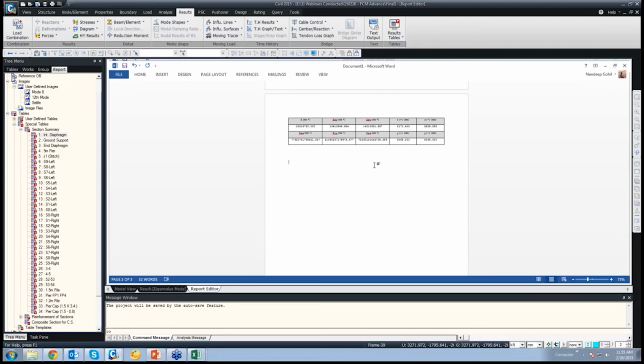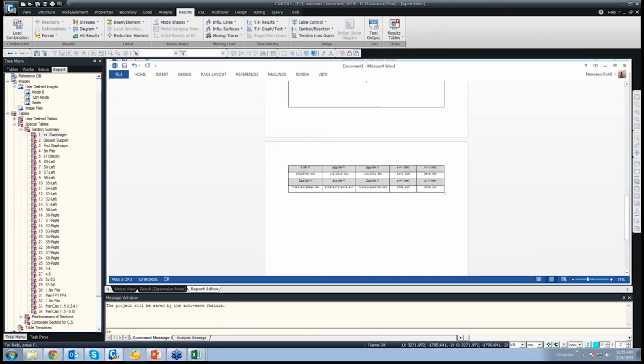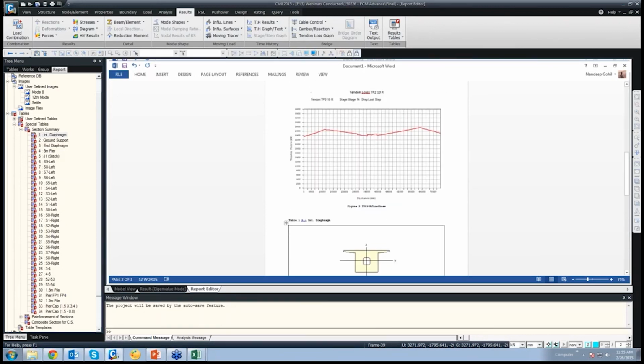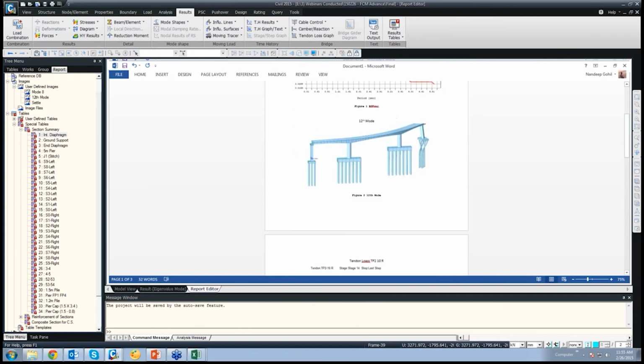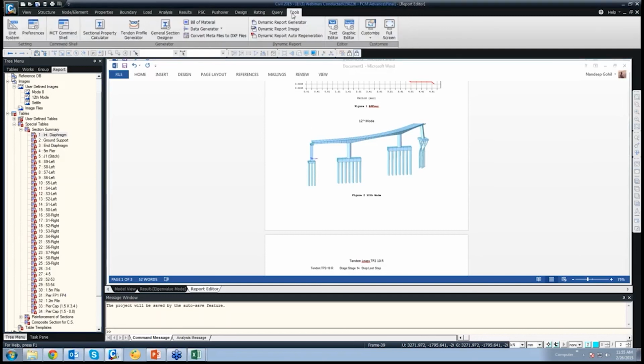Not only that, say if there is any change in the model, you do that, and once again when you perform the analysis, you don't have to generate the entire report again. Since the report is already linked to the model, you just have to go to tools and dynamic report auto regeneration.